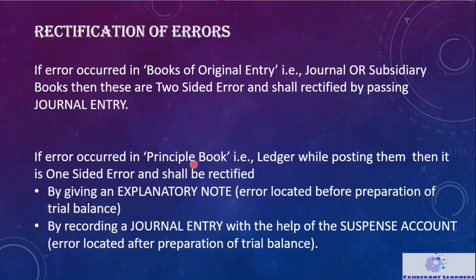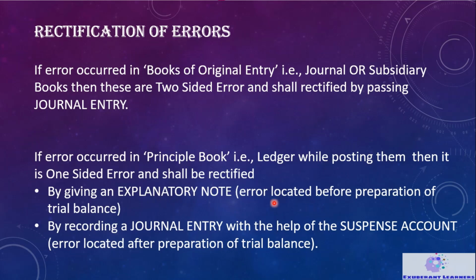On the other hand, if the entry is passed correctly in the journal and subsidiary book, and while posting it into the ledger, the principal book, the error occurred, that you skipped or wrote in a wrong account, or one of the postings was done in a wrong account, or the amount is skipped or written wrong, that is a one-sided error, and these can be rectified by giving an explanatory note,